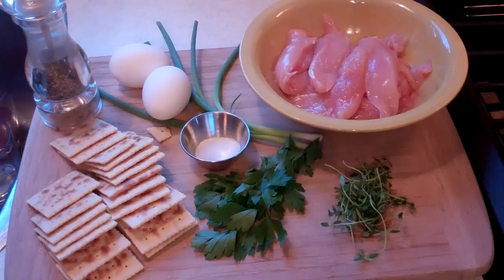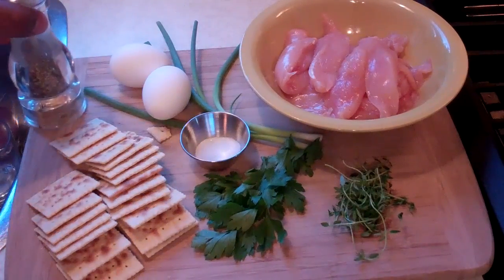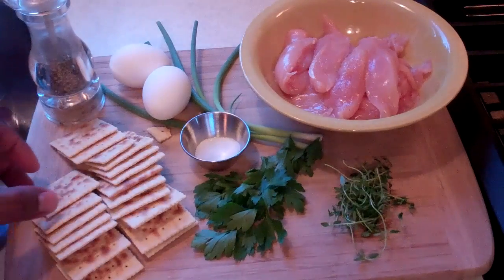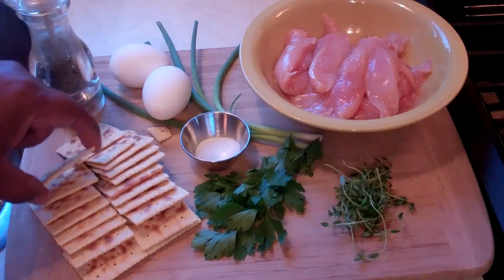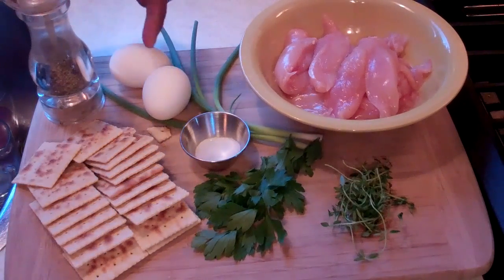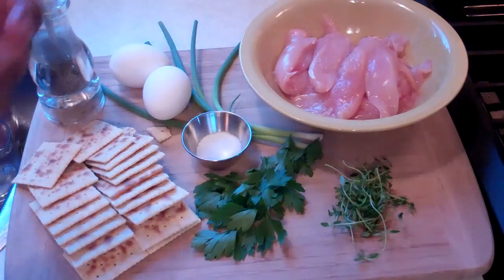Let's take a quick look at the ingredients we'll be using here today. I've got some fresh ground black pepper, maybe about half a teaspoon or so. I've got some salted crackers here. Traditionally, I remember growing up on the islands, I would use Crick's biscuit, Vital Supplies. I've got here maybe a good handful of crackers, just saltines, 2 eggs, some sea salt, about a 1/4 teaspoon of sea salt,